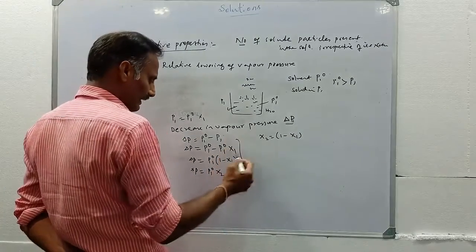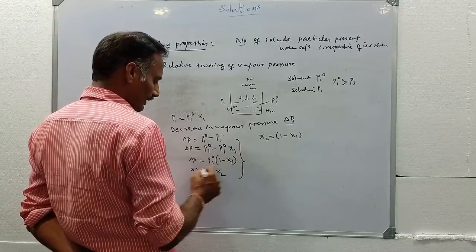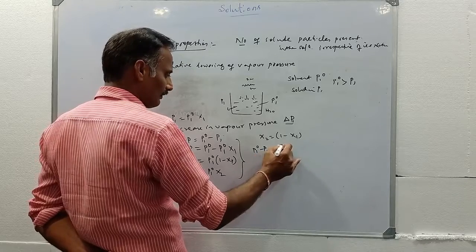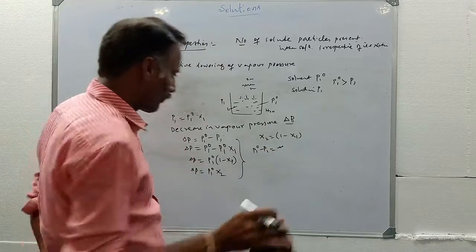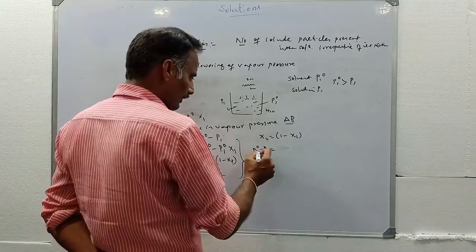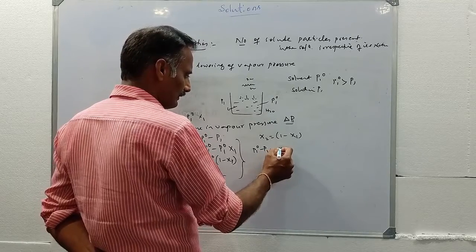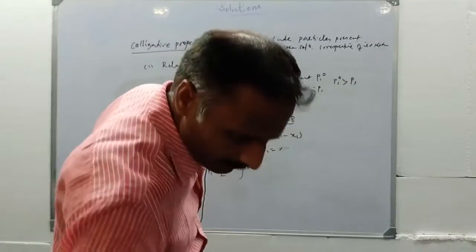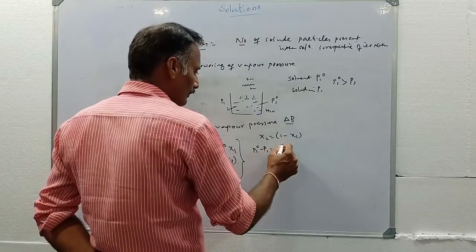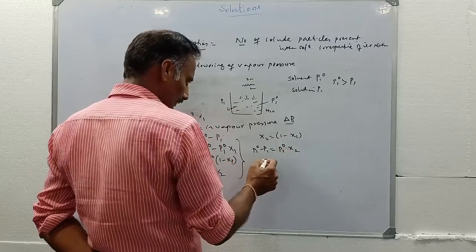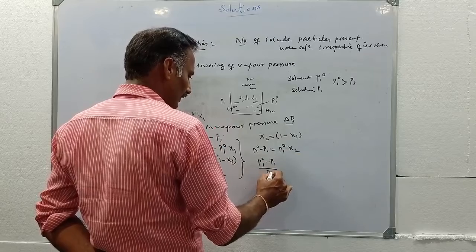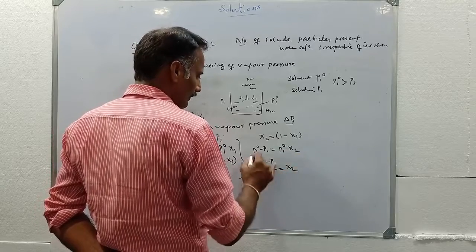Then this can be written as delta P, which means P1 naught minus P1, is equal to P1 naught x2. Then on rearranging it becomes (P1 naught minus P1) divided by P1 naught equals x2. This is called the